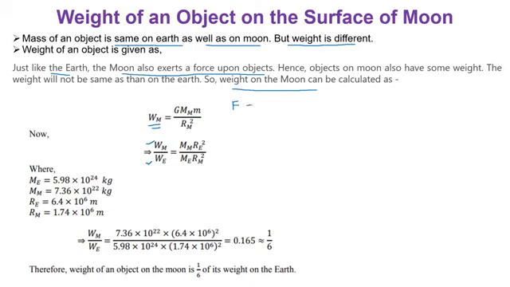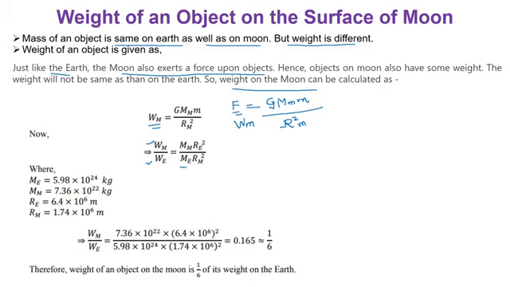Okay, so force, or gravitational force, is equal to capital G, mass of the Moon multiplied by mass of an object, divided by the square of the radius of the Moon, right? So I can replace this F with W, weight on the Moon. So I have replaced weight on the Moon, and then weight on the Earth. In the case of weight on the Earth, you have to take the mass of the Earth and the square of the radius of the Earth. And here you have to take the mass of the Moon and the square of the radius of the Moon, right?